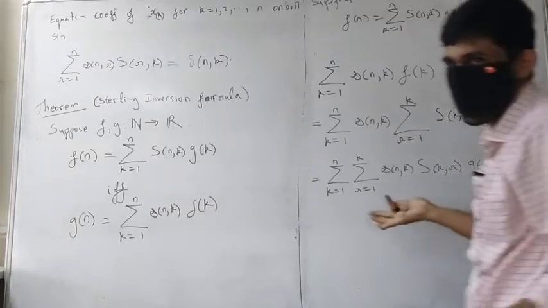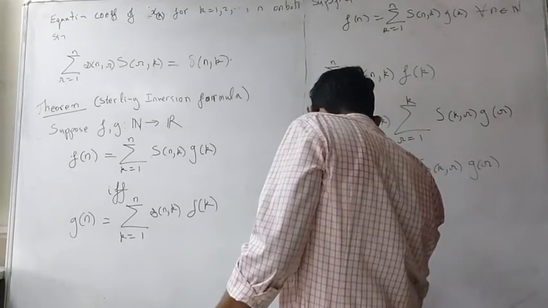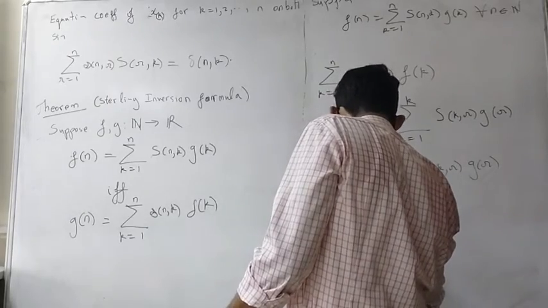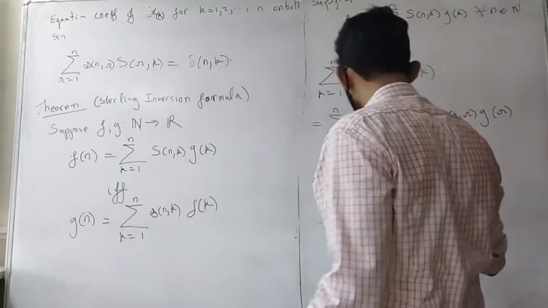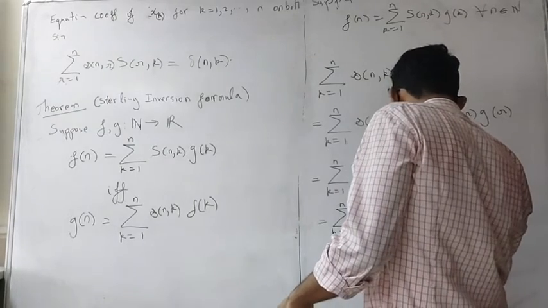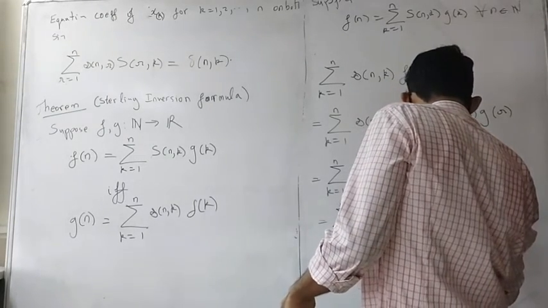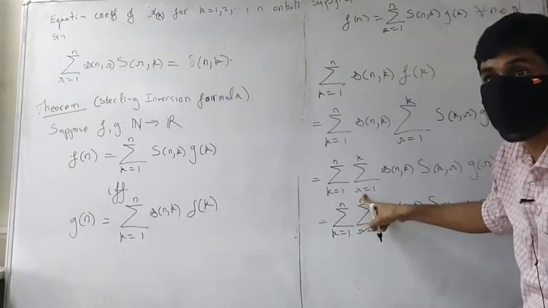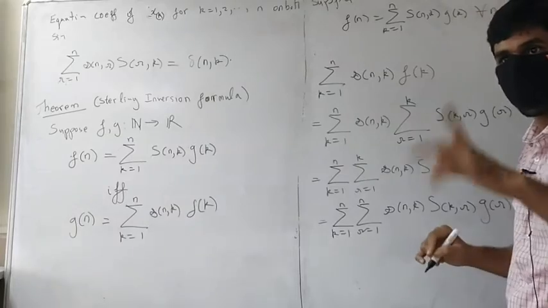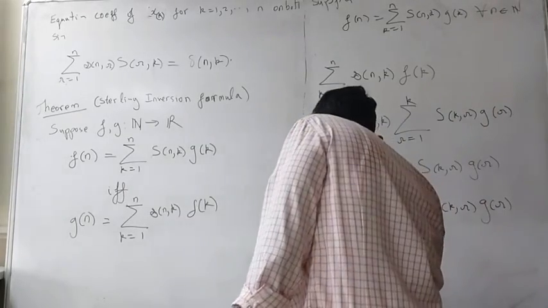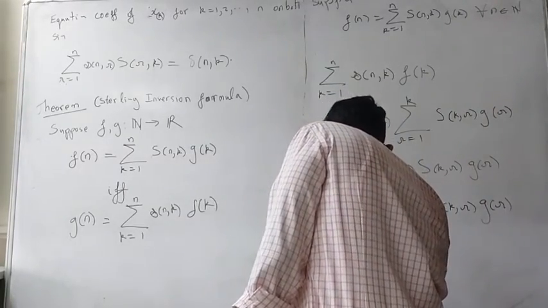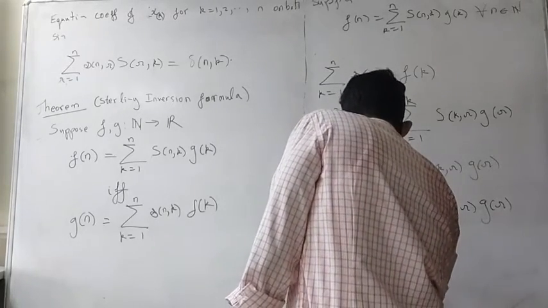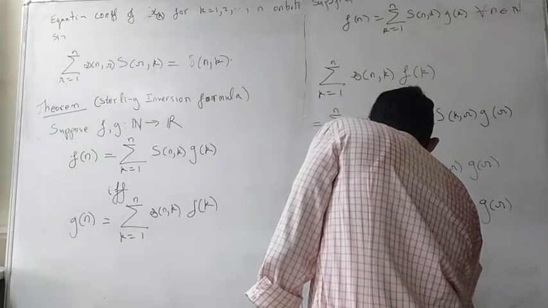Zeros, right? We can add zeros. So that will take off the dependence on this sum. R going from 1 to n, this is what we did last time also. Small s n comma k, capital S k comma r, g r. Is that okay? We have taken off the dependence. That's a small trick. So now we can interchange the sums: summation r going from 1 to n, summation k going from 1 to n, and take g r out common.